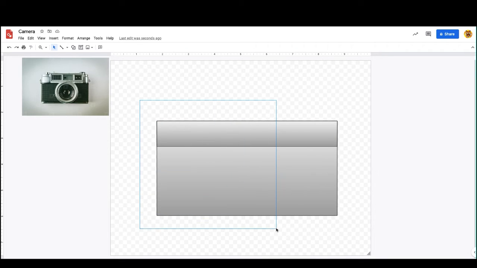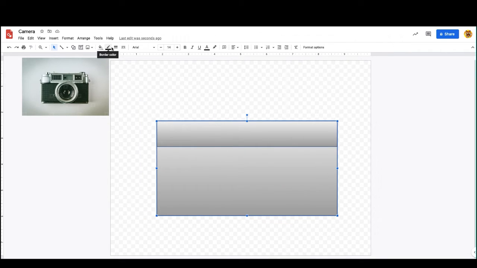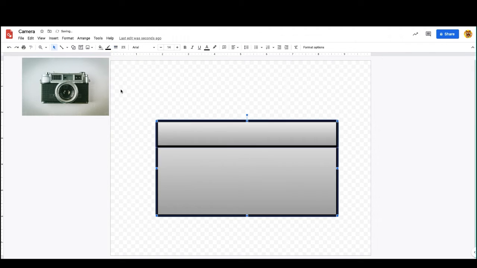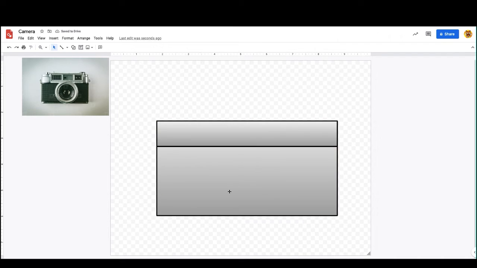So I'm going to select both rectangles at the same time by just dragging. And I'll change the line width because I'd like it to be a little bit wider. So try 4. 8 seems like too much. I'm going to go back to 4 pixels wide. And that seems, yeah, I like this. So now I think I'm going to keep all of my shapes the same width